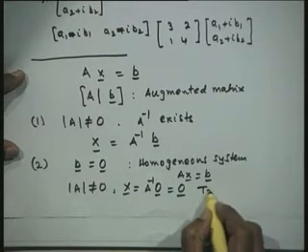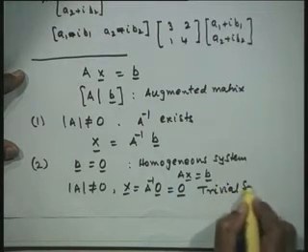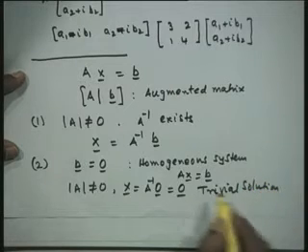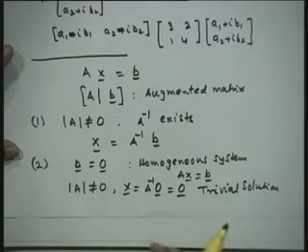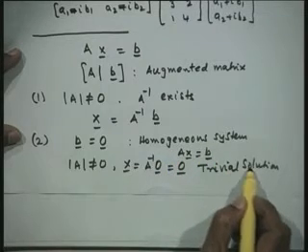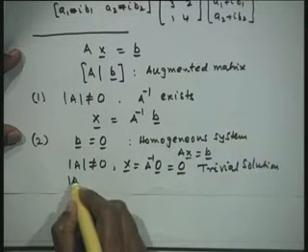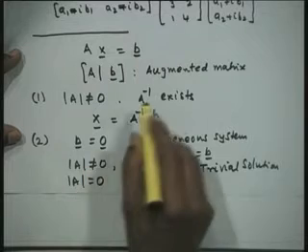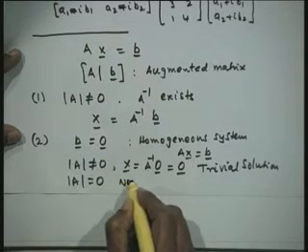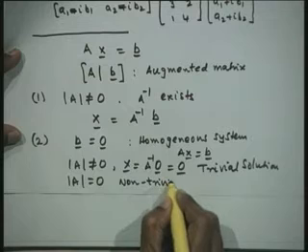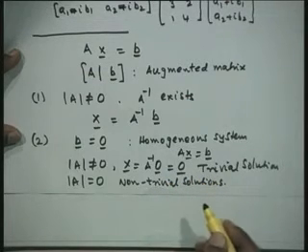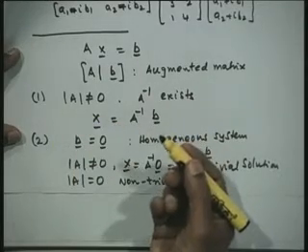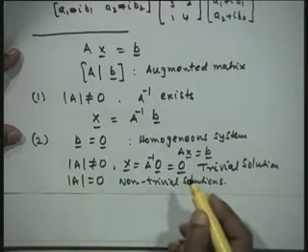Therefore, this is always a trivial solution. There is no other solution for the problem except a trivial solution if A is a non-singular matrix and you have a homogeneous system. Therefore, the only way that this problem can have non-trivial solutions is if the determinant of the coefficient matrix is equal to 0; then we produce non-trivial solutions. So, for a homogeneous system we need the determinant of A to be equal to 0 in order that non-trivial solutions for this particular problem exist.